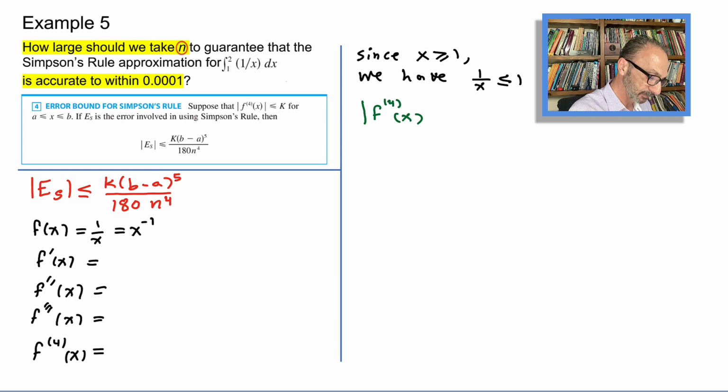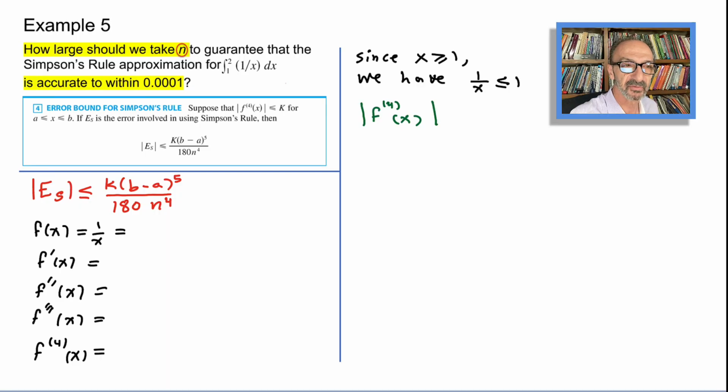So here we go. We have f of x equals 1 over x, which is x to the power negative 1. F prime will be minus x to the power negative 2. F double prime will bring the minus 2 up front, which makes it positive. X to the power negative 3. And the third power will be